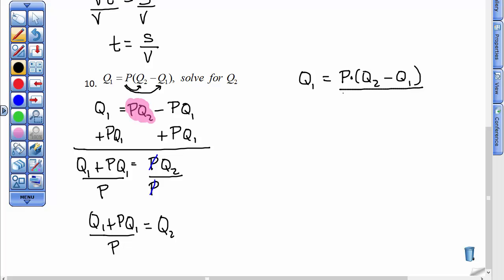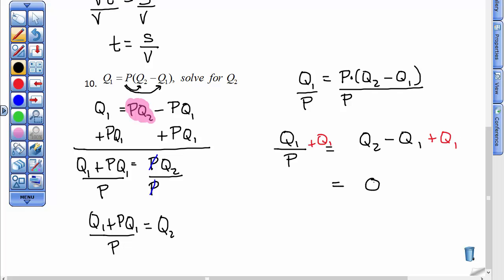Some people would choose to divide both sides by p first, and you're absolutely welcome to do that. So you have q sub 1 divided by p equals, now on the right side all you have is q sub 2 minus q sub 1. So in order to get q sub 2 alone, I'm going to do this horizontally this time, add q sub 1 to both sides. And over here, this minus q1 plus q1, those are gone. So you have q sub 2 all by itself, and your answer on the left side is q sub 1 over p